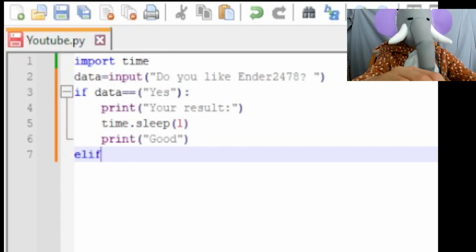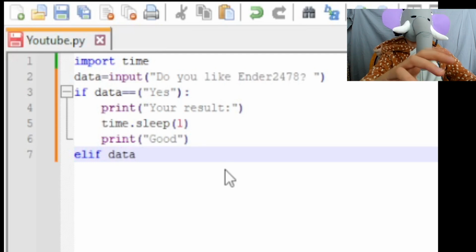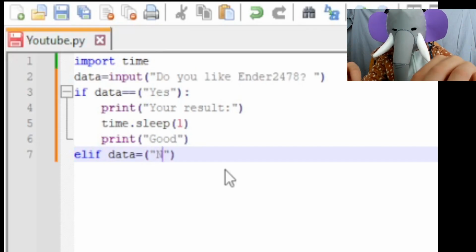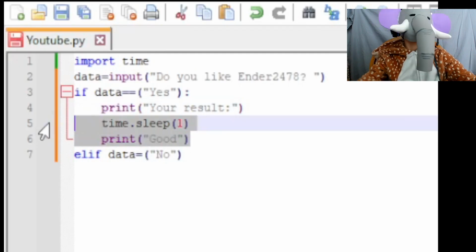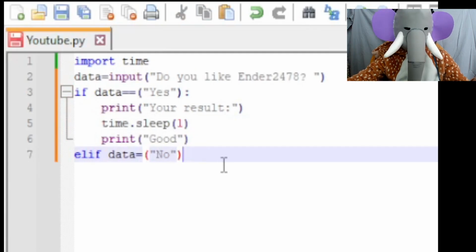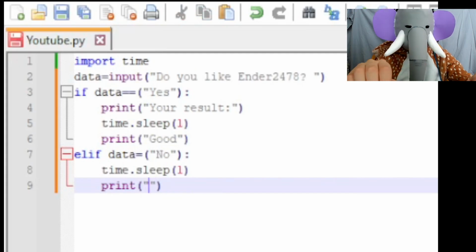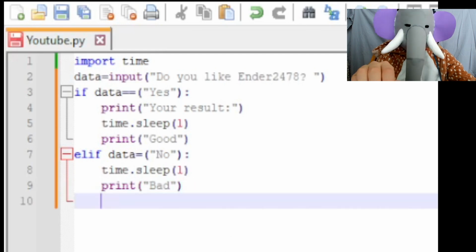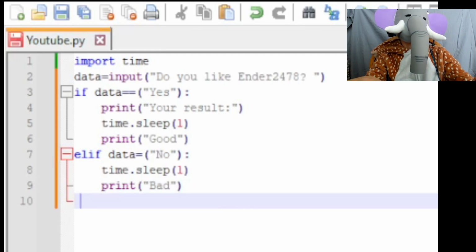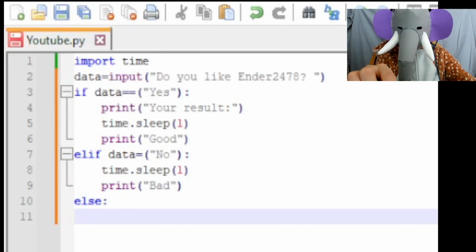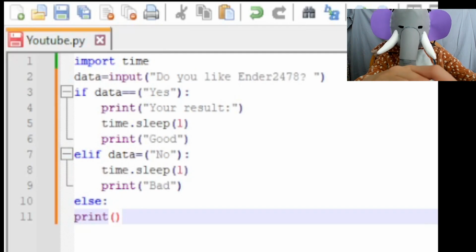And now else if, so else if data equals, and then I'm going to put no. I'm going to copy this, colon, put it there, except turn this to bad, oops, bad, new line, and now finally, else, so if it doesn't match anything, print